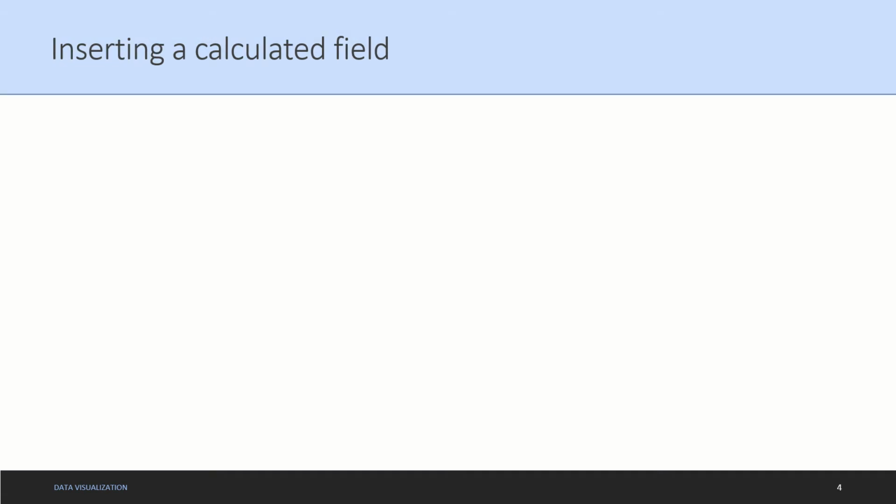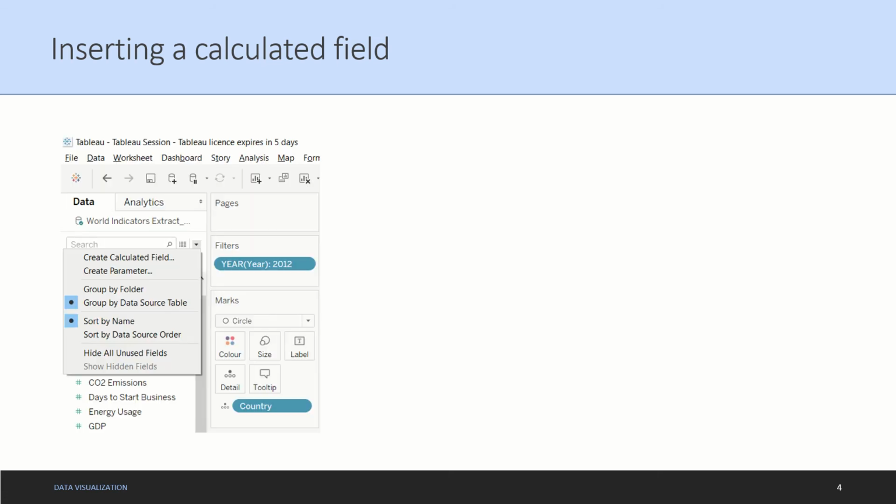Now first of all, let's understand how we insert a calculated field into our Tableau file. For that, you have to use this drop down menu in your Tableau sheet and then click the create calculated field option over here.